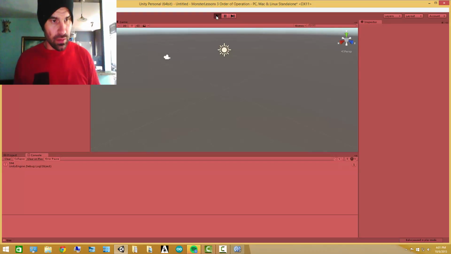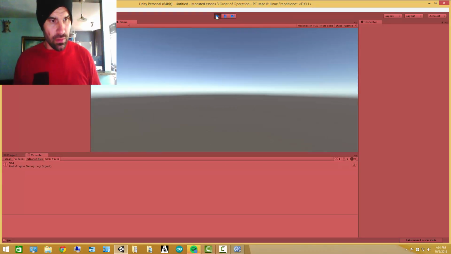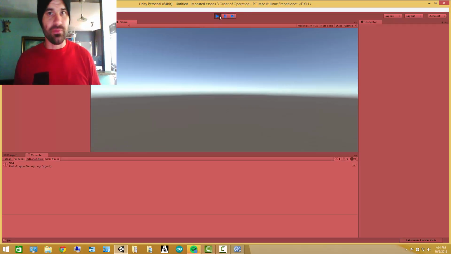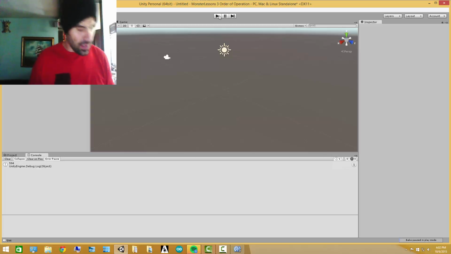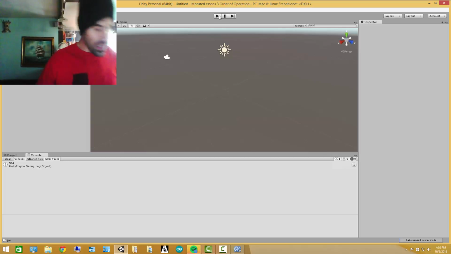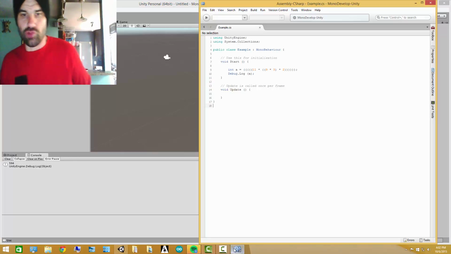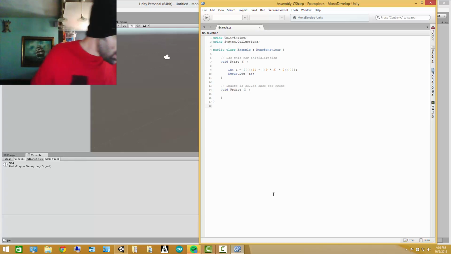Display. Oh, is it clear? 594. Yep, didn't do anything. So as long as you have an opening parenthesis and a closing parenthesis, it doesn't matter how many you use, but it just doesn't look right. So don't do that. To make things more clear, we can rearrange the expression to be a lot more readable